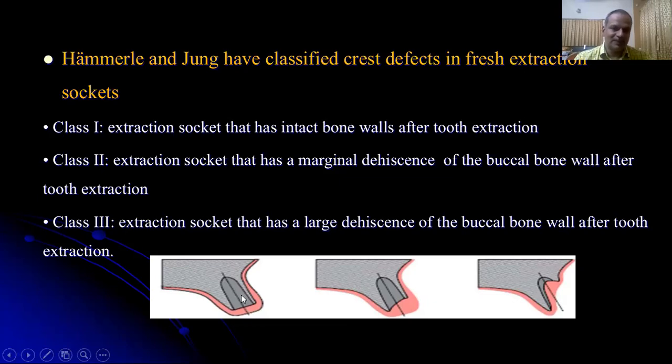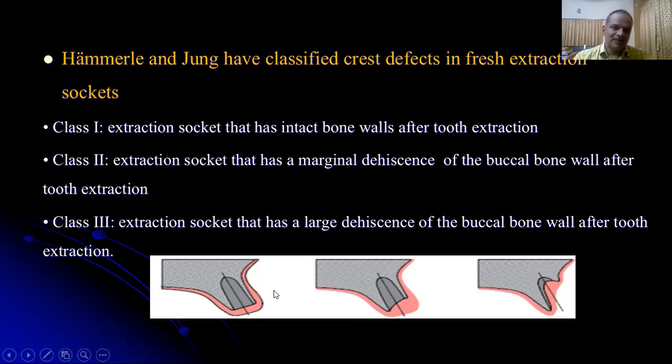Whenever the gap is less than 2 millimeter, it's called the jumping distance, where the bone grafting material may not be required. And if the implant is placed with the two-stage surgical technique, the soft tissues need to be mobilized more coronally, and the socket and the implant need to be completely covered by the soft tissues. So a vertical incision should be given, and the periosteal releasing incision should be given, and the mucoperiosteal flap needs to be mobilized more coronally, and the implant head needs to be completely covered.